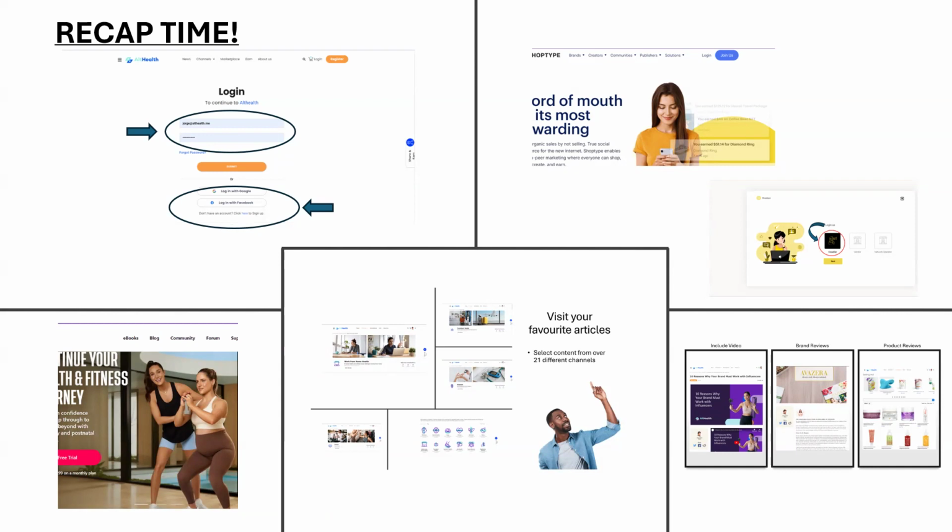We also talked about that the moment you registered in Althealth, you also automatically registered in ShopType. What is ShopType? ShopType is the platform that powers our marketplace. That is the platform that powers all the co-selling activity happening inside Althealth: commissions, referrals, pretty much everything.